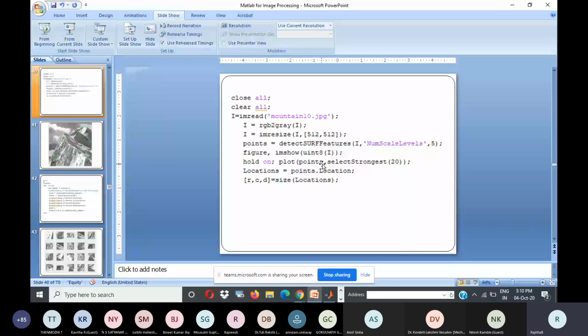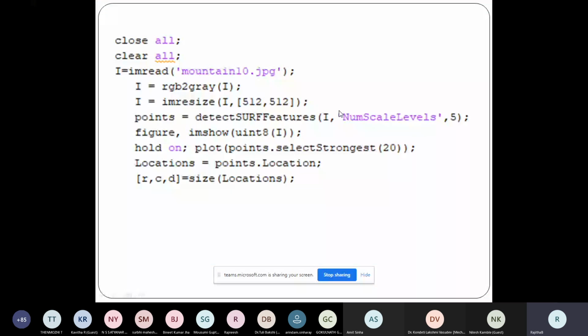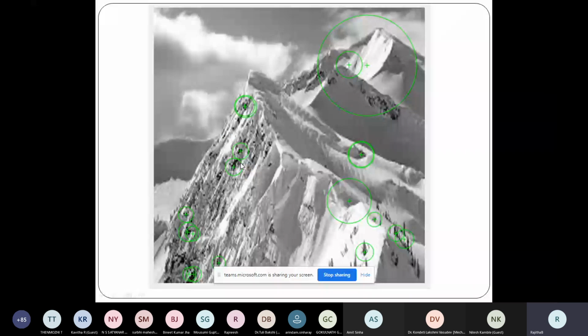On this I'm trying to find the SURF features, the SURF points. With this statement, you'll get multiple SURF points on the image based on the orientations. You can get the top 5 points, top 100 points, top 200 points, and so on. Once I get the points, these are the main orientation points. Now on these points, I want to extract the texture features.